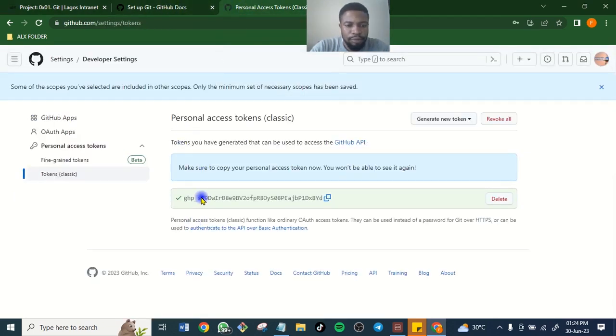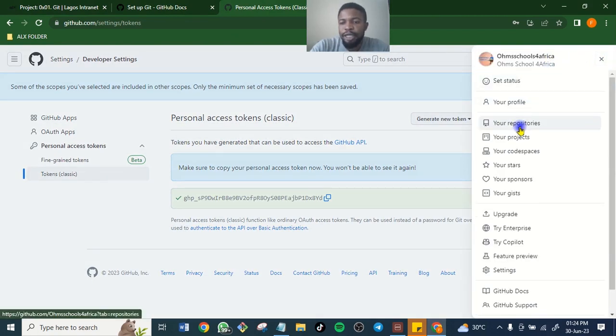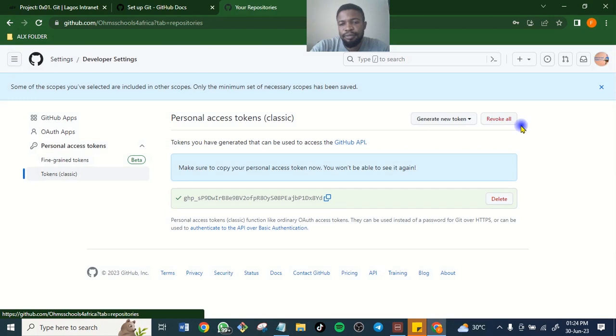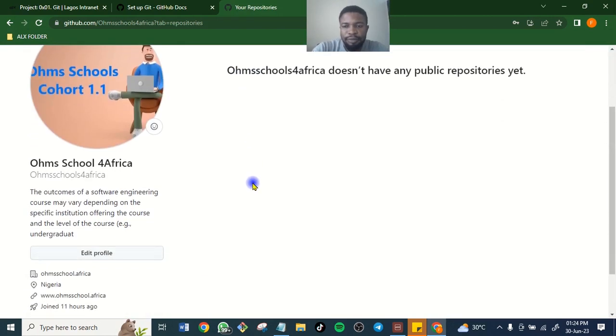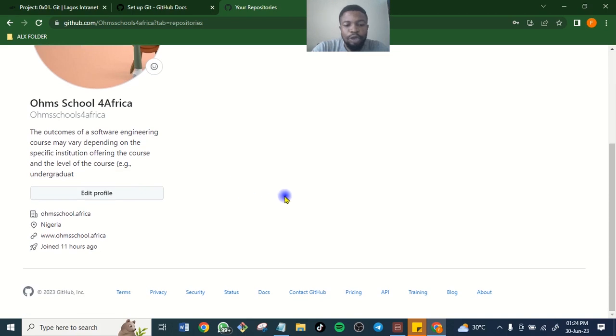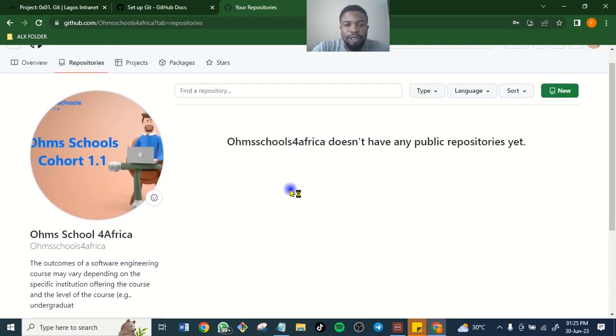Here, come to your right hand side, click on it and click on your repository. See now, we want to create our first repository.